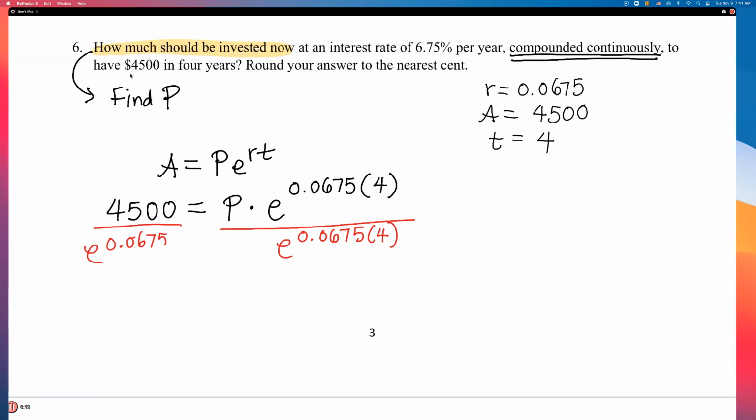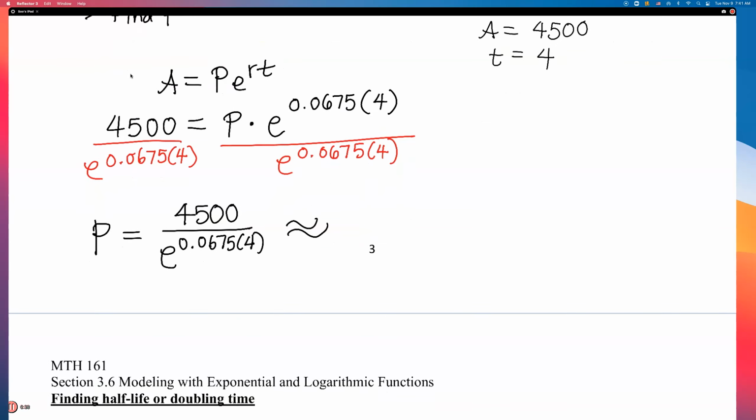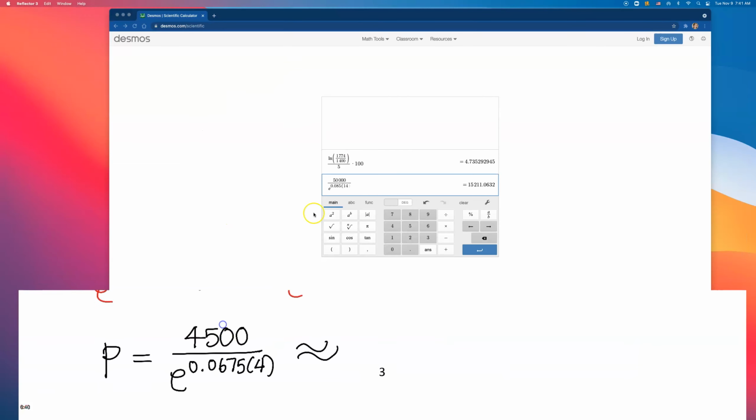So if I do that, P is exactly 4,500 divided by e to the 0.0675 times 4th power, but we should round this to a decimal value because this is an amount of money. 4,500 divided by e to the 0.0675 times 4, and that comes out to be